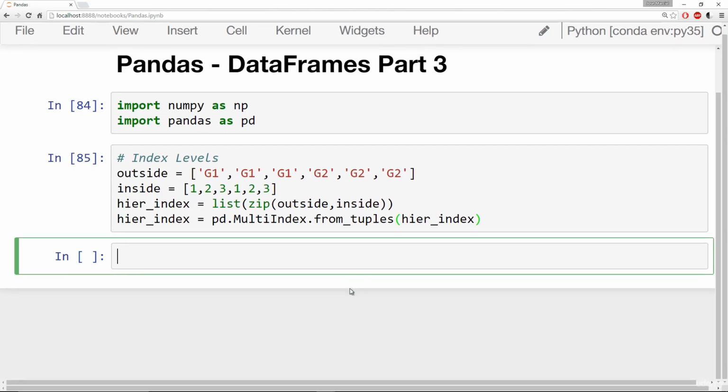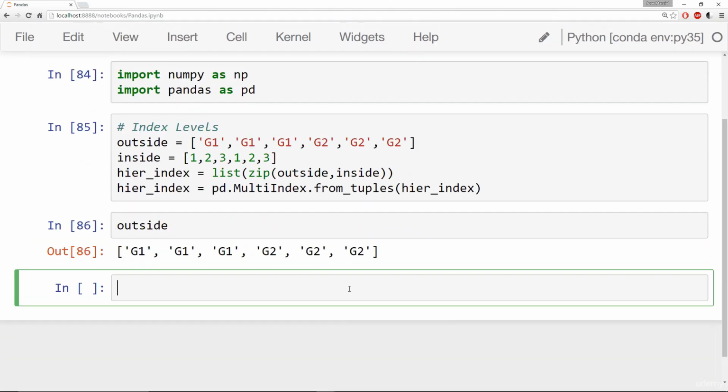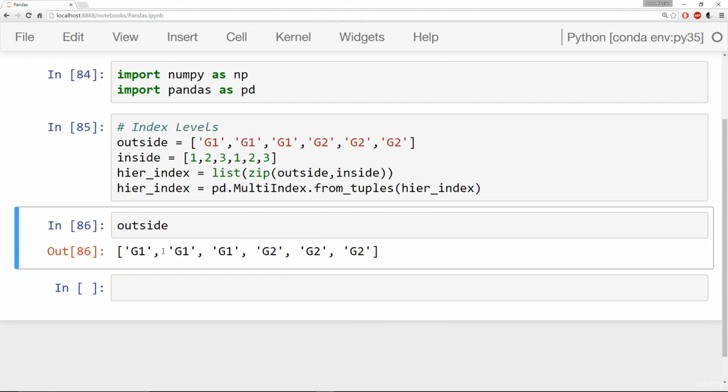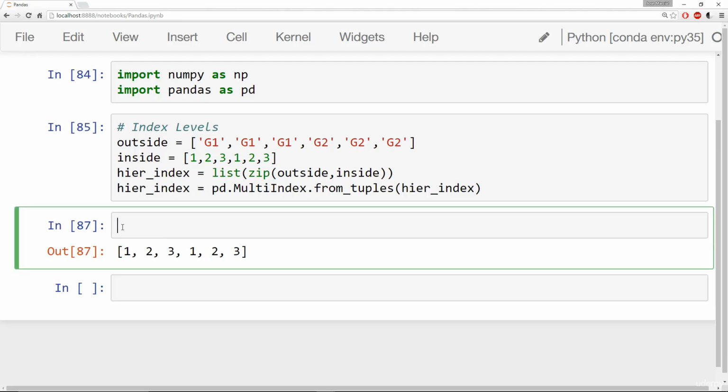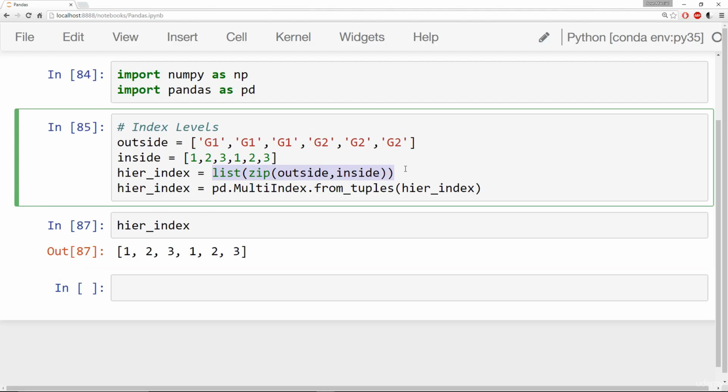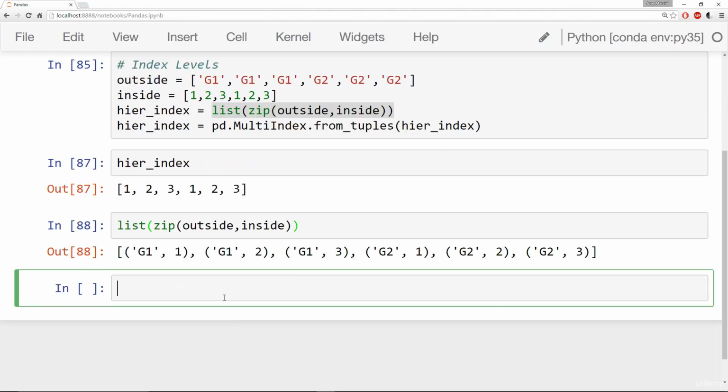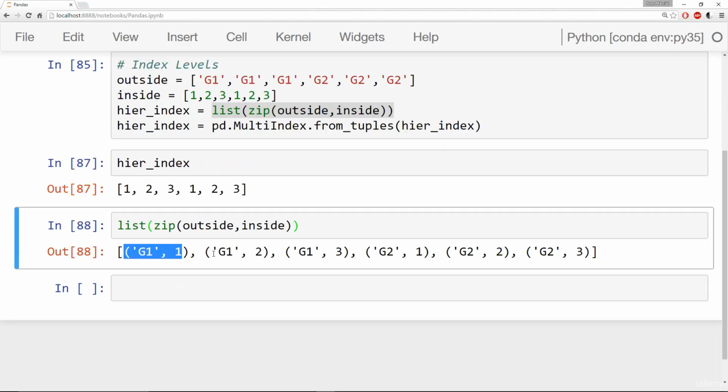We'll say outside, and that's just a list. So we have 6 items in this list of 2 different types, G1, G1, G1, and then G2, G2, G2. We have inside, which is 1, 2, 3, 1, 2, 3. And then what we went ahead and did, using the zip function along with the list function, is we said hier_index. We used zip and list on this in order to make this into a list of tuple pairs. So G1 1, G1 2, G1 3,